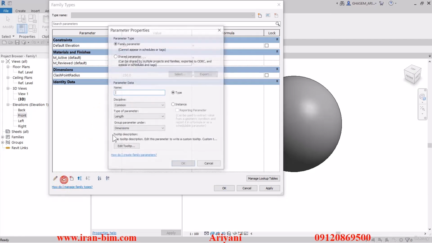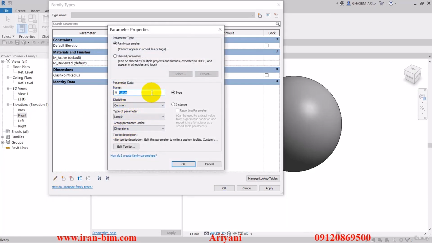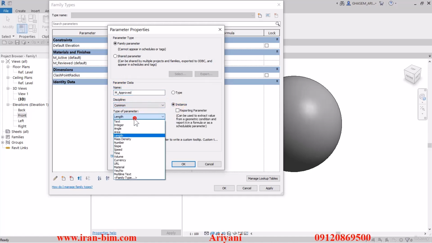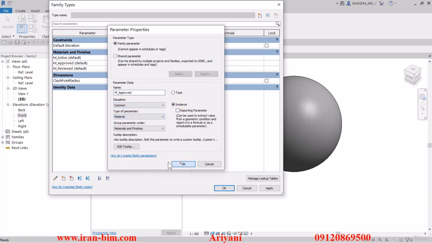Alright, so we'll create a new parameter here. And for this one, we'll go with m_approved. Alright, then I'll put it under instance, and the type is going to be material, and the group is materials and finishes. Alright, and according to the pic, the last one's going to be